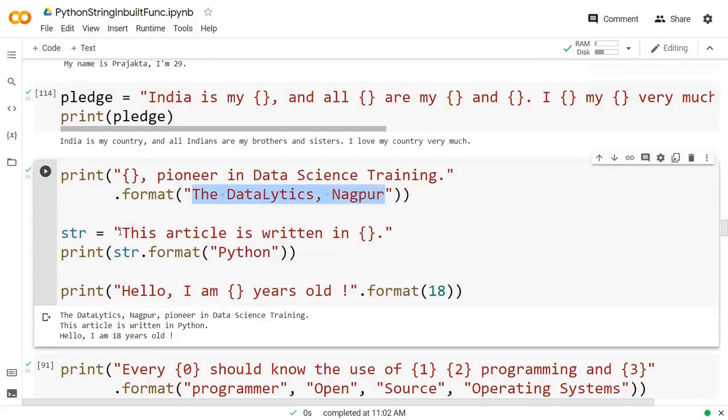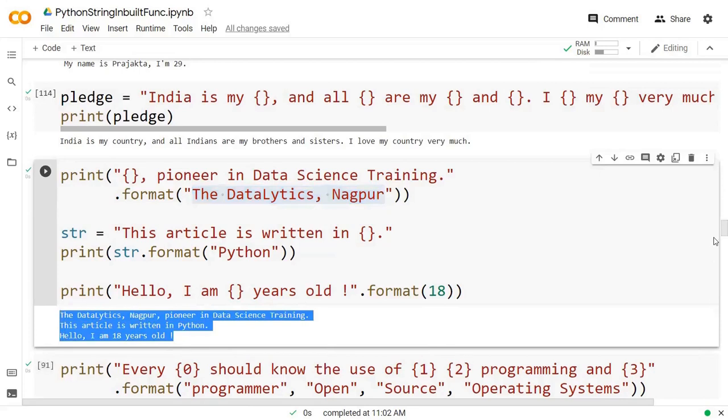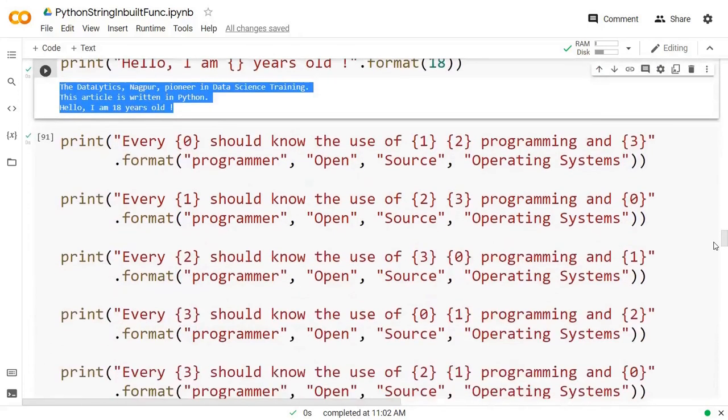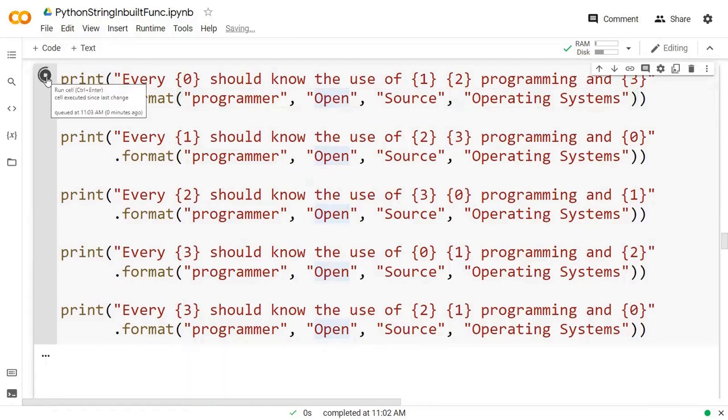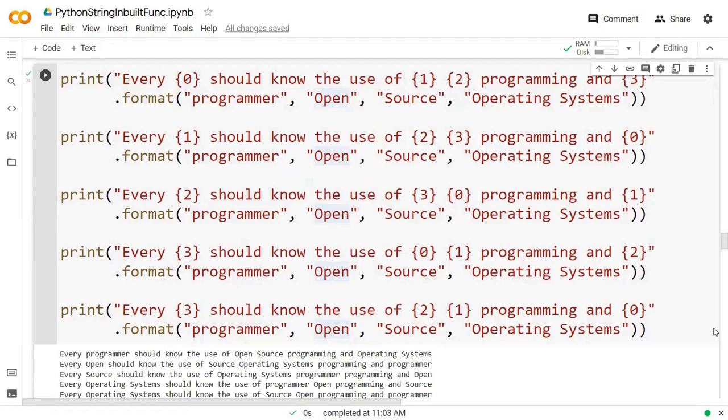So these are the different ways of using the format function in Python. Now in the below example, we have a little bit of change right here. We have used numbers, and numbers mean positions. So this is index position 0, this is index position 1, index position 2, index position 3, and index position 4. The change is, we have shuffled the index numbers within our string, and then we took the output. So right here you can see that at different places my value is getting displayed.